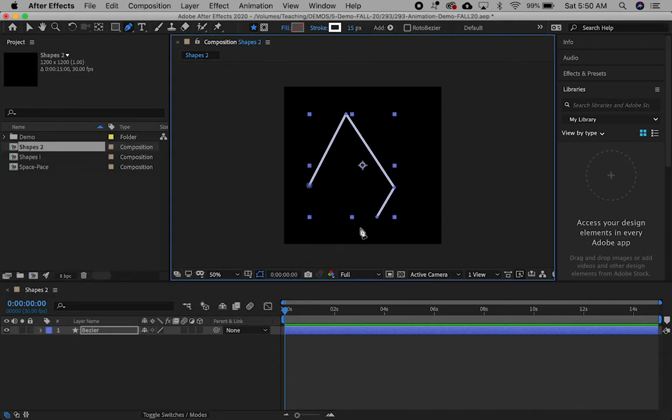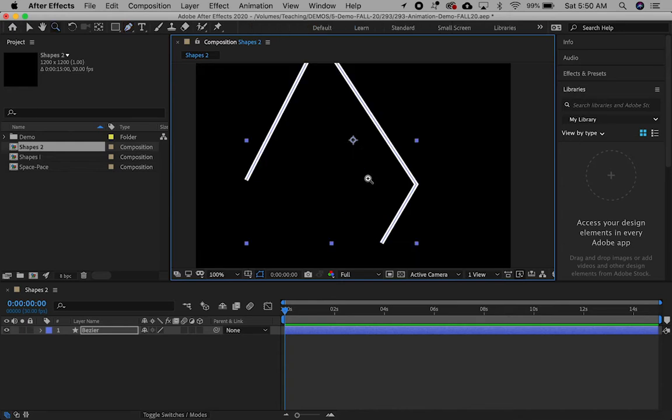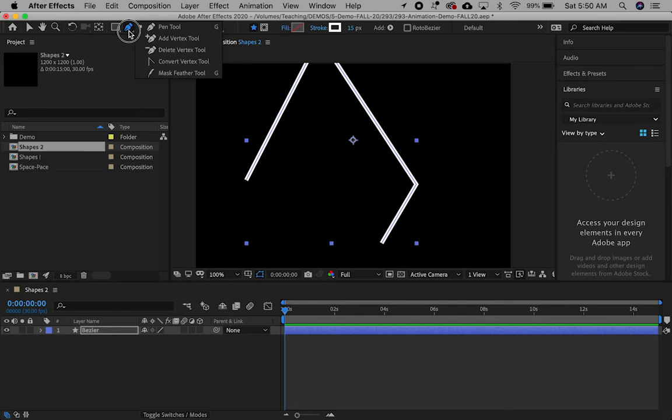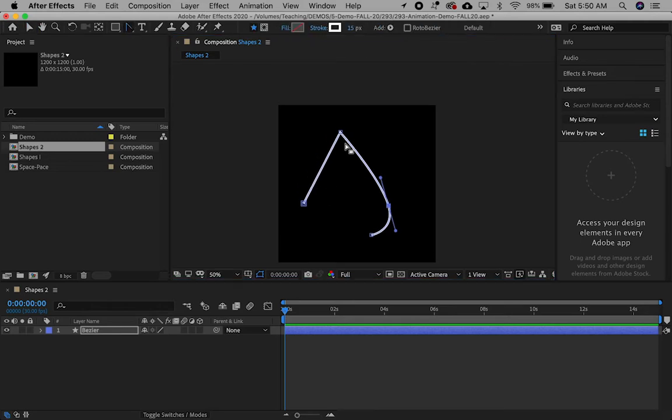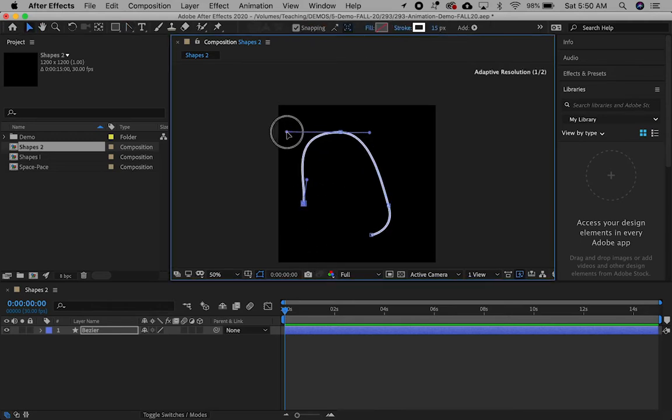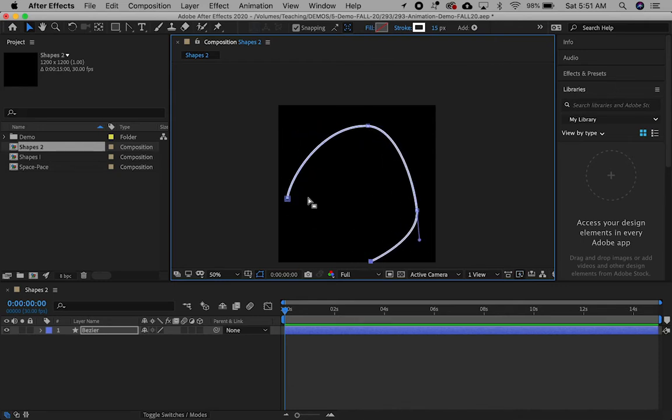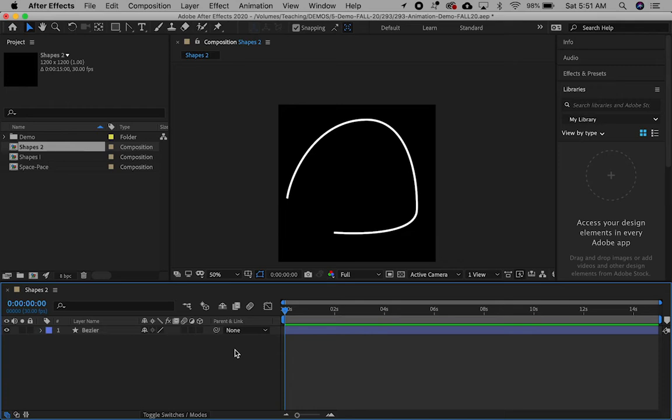So now I have this Bezier shape here, right? I can also do other things with it. So let me zoom in a little bit. If I go to my pen tool here and click and hold, I can also convert some of these points to rounded points. And then I can adjust those handles with my arrow tool. All right, so when I have something I like,